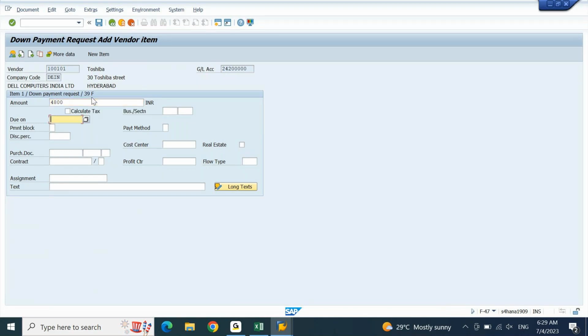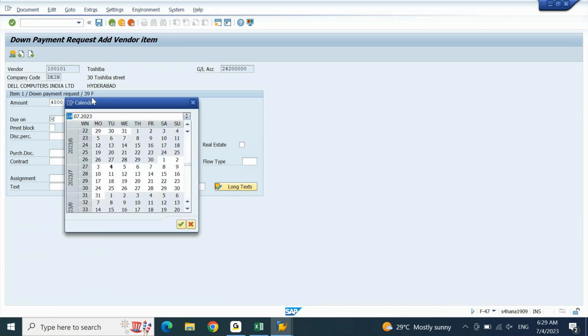Due on: when is this down payment supposed to be paid? Sorry, due on is nothing but when you want this down payment to be processed. The way you process an invoice, on your invoice you will find something called a due date. On the due date your invoice will be paid. Similarly, if this is a down payment request, when you want this down payment to be released to the supplier or to the vendor, you need to make sure the due date for the down payment is given. Let's say I will give today as the due date,